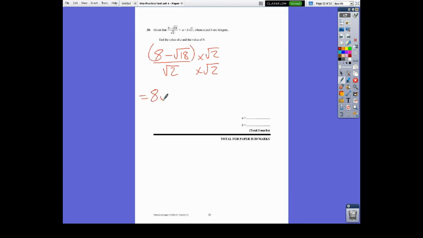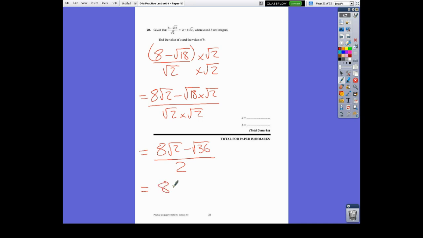So this will expand to (8√2 − √18 × √2) all over √2 × √2. Now there's a few little tricks here. 8√2 we can't do anything with, but √18 times √2 is √36, and √2 times √2 is just 2. If we simplify that down, we have 8√2, and the square root of 36 is just 6, over 2. To divide both these by 2, we'll just get 4√2 − 3. That means that the value of b is 4 and the value of a is minus